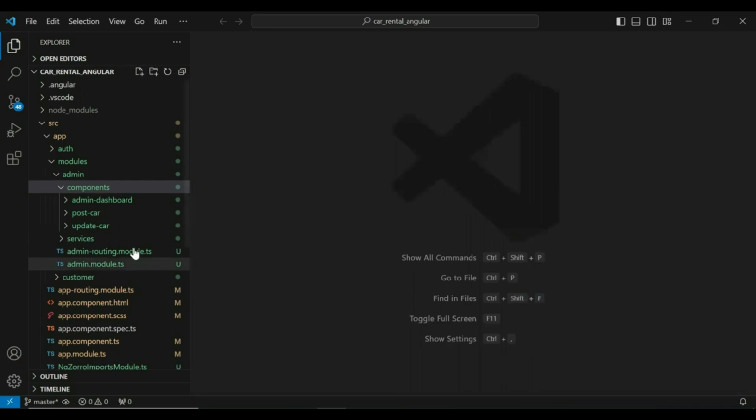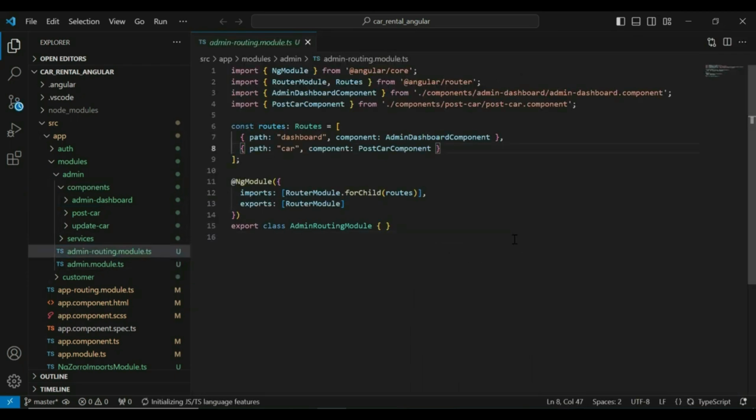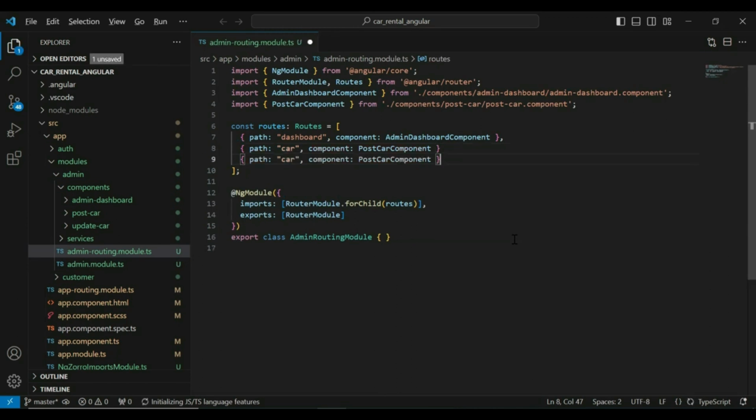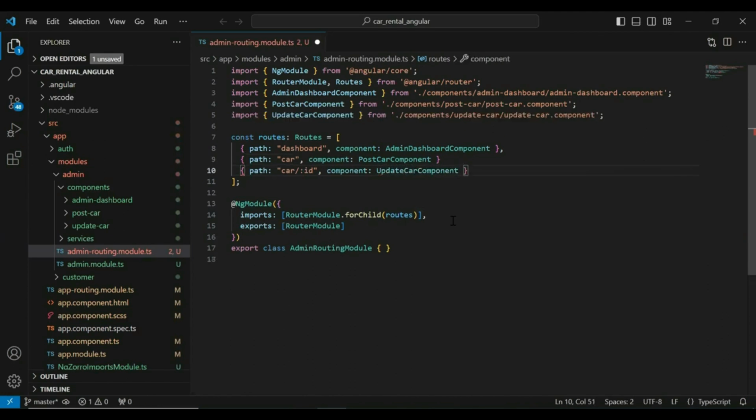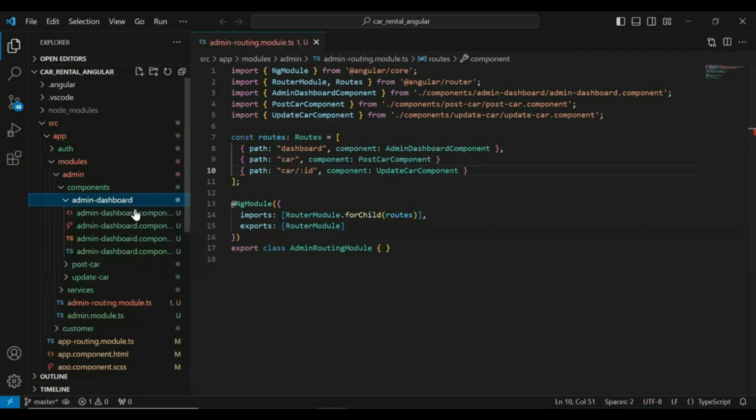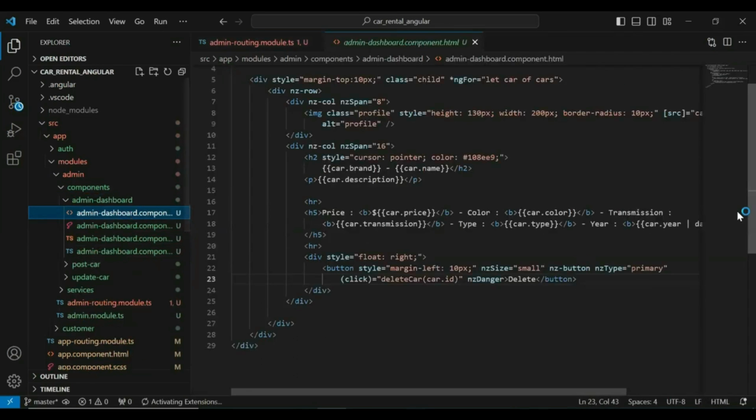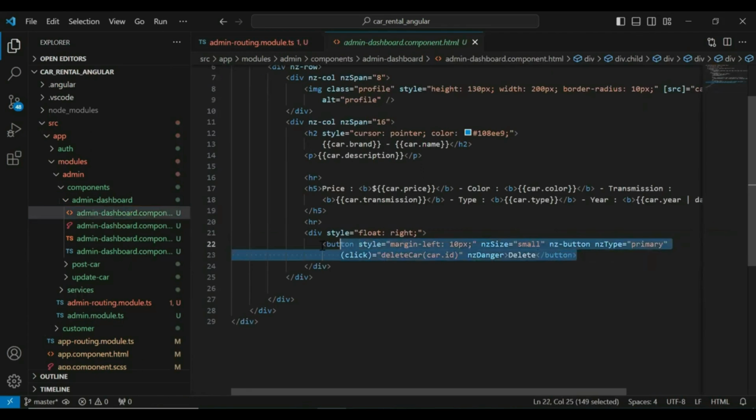Let me close the PowerShell, and let's go to our admin.module.ts. So here I'm going to register the update component. So let me add after that, and here I'm going to add the URL of our update component. That is car/:id, and we need to load here update car component. So let's save this, go to our admin dashboard component.html, and here I'm going to add this button for this